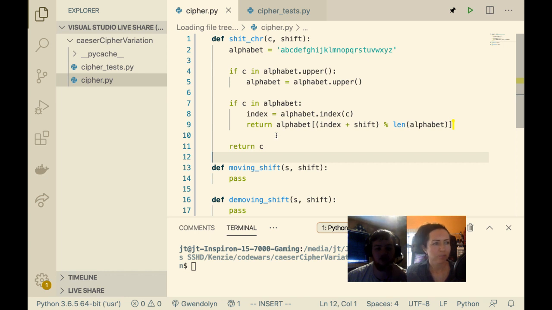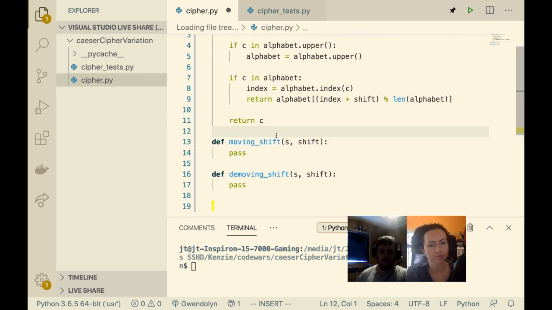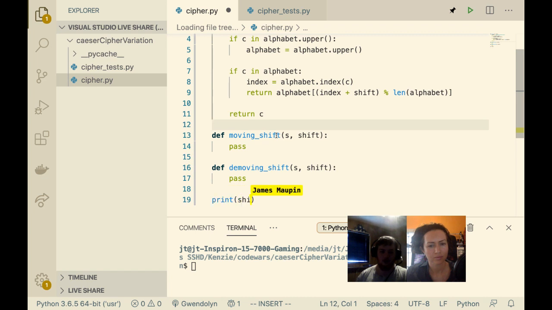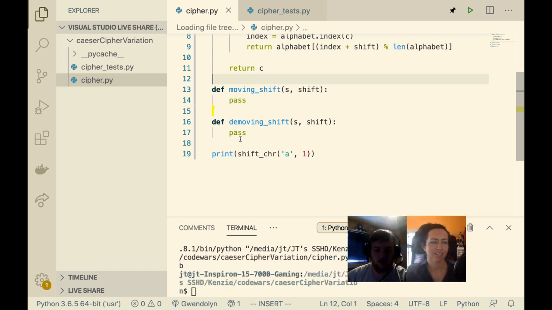And so just to double check and make sure this works, what we can do down here is, we don't need the dunder name for this, I don't think. So it would just be print. Hold on, let me add that F there. I missed the F in the shift char function, so it was a completely different thing. All right, so that should return B, right? And there we go. Cool.